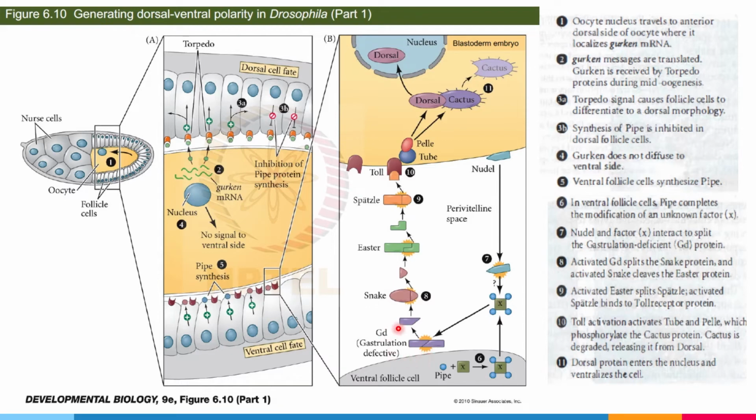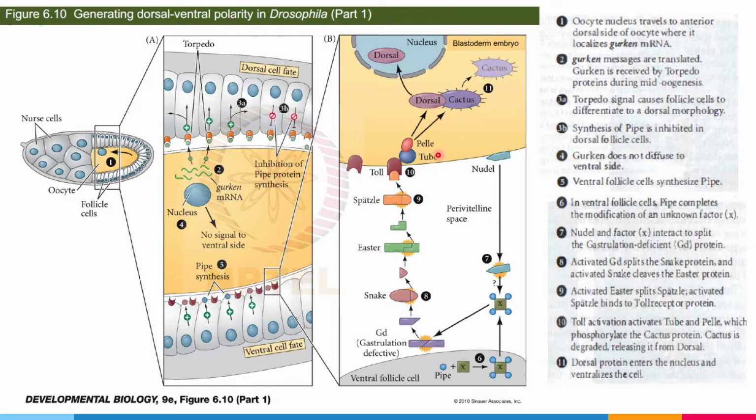This produces the active form of GD, which again goes and cleaves another protein known as snake to its active form. Snake goes and cleaves Easter to its active form. Easter goes and cleaves Spatzle to its active form. Finally, Spatzle in its active form goes and binds to a Toll receptor present on the